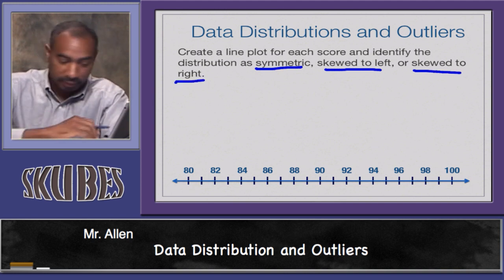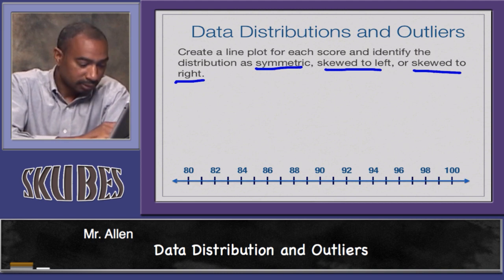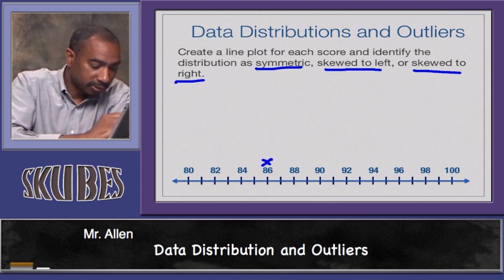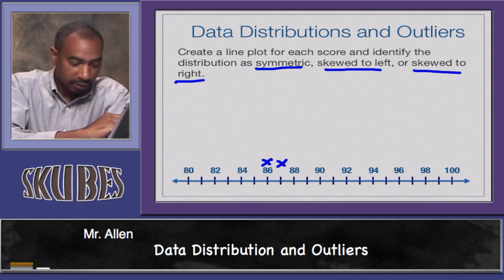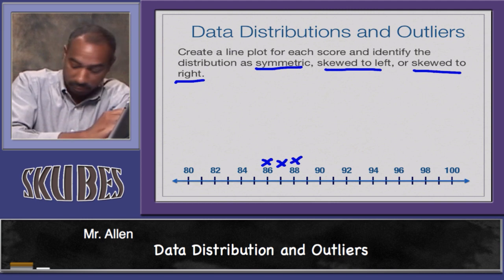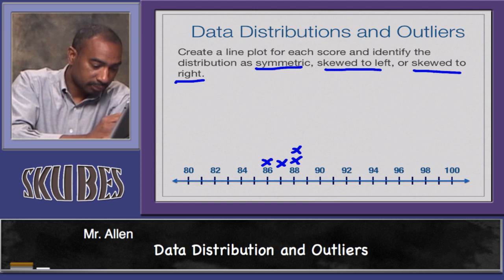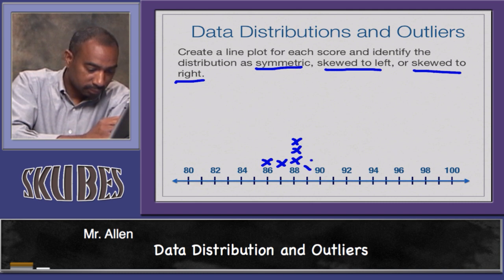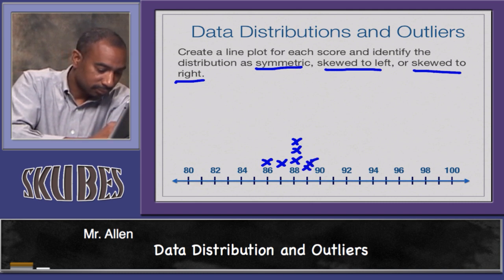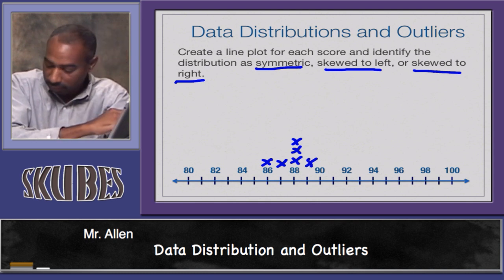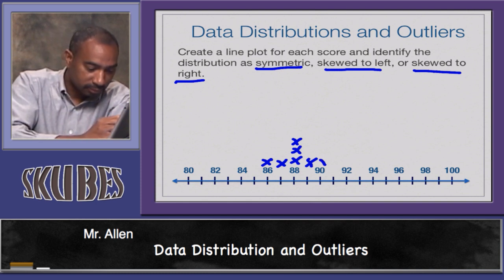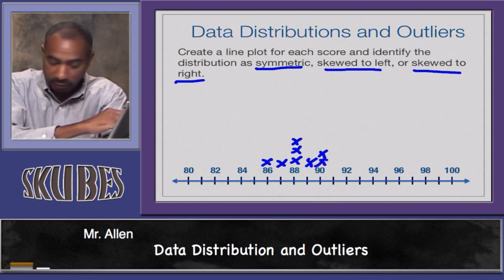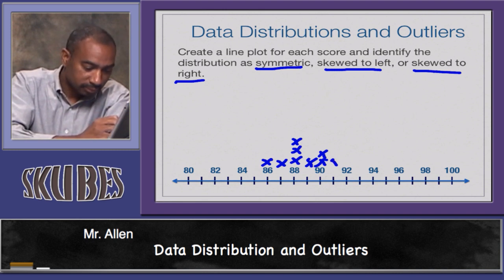Well, if you look at the pattern, the lowest number is going to be 86. You see that one time. So you put a little mark there. Then you see 87. 88 is repeated 3 times, so you're going to put 3 marks here. And then you have 89, so put a little mark here. 90 is repeated twice. Then 91 is repeated